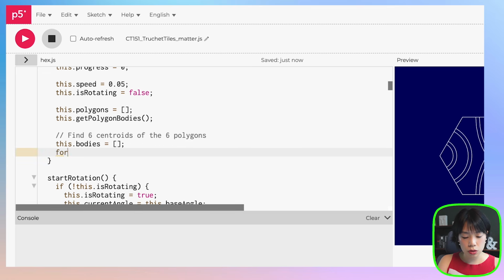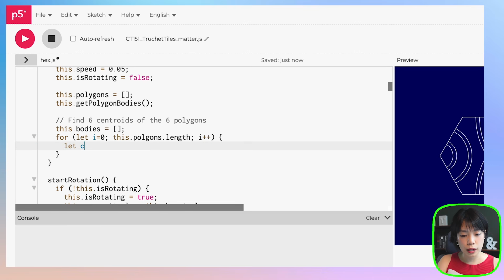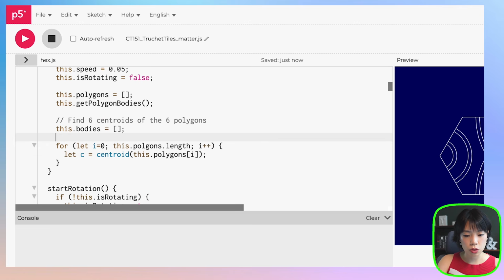And then I'm going to loop through this .polygons array here, right? There are a total of 6. What we're going to do is find the centroid, set it equal to the function centroid, and then provide this .polygons[i], because each of the objects has its own vertex points, and we find the centroid. Then we also want to